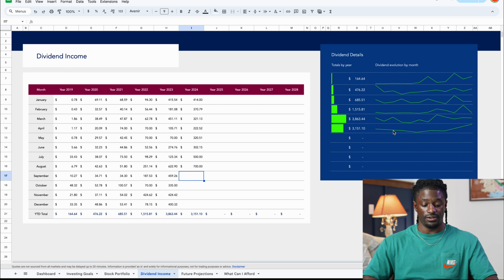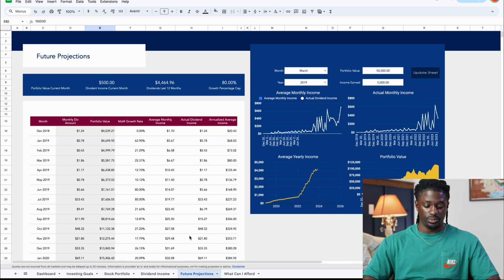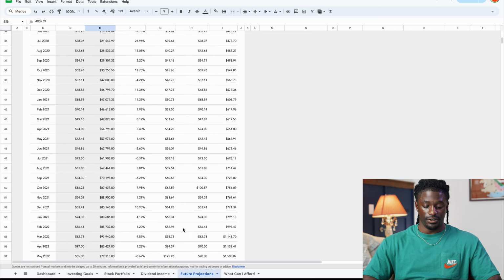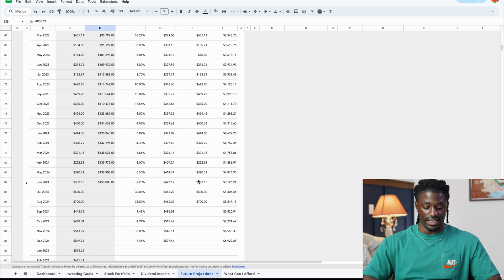It'll actually change over here as you go. Now, we go to our future projections. All right, so the cool thing about this, all you got to do is enter your portfolio value, and the actual dividend income is already carried over from this Excel sheet right here, the dividend income. So if we scroll down, you guys can see that in the month of June, I did make